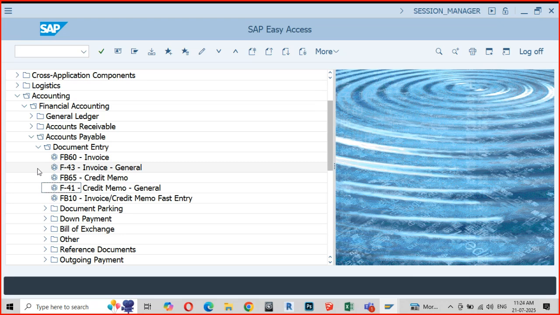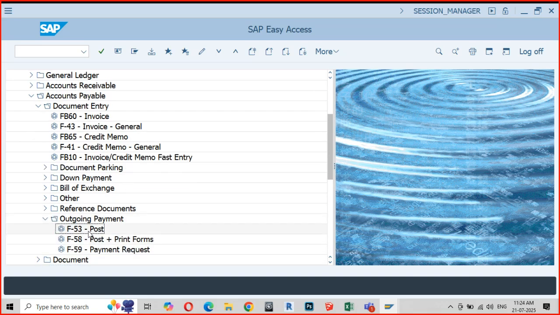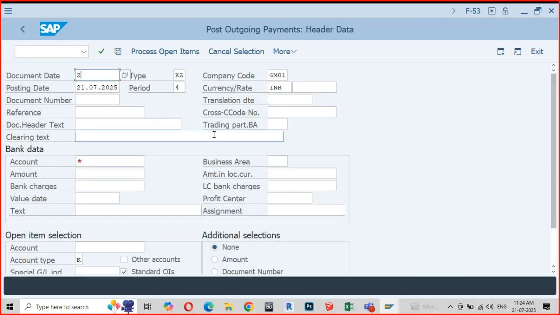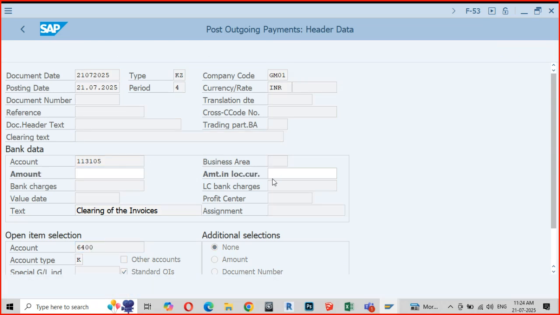I'll do an outgoing payment, a simple posting. Clear? Today I'm going to post this. I forgot the amount. Let me just pick up the amount.